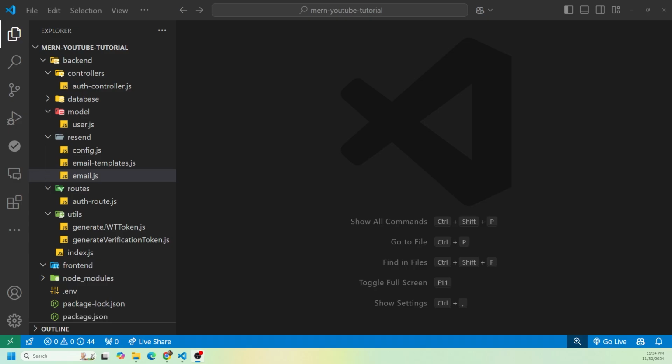Okay, so now the user can actually register for an account. Then they'll get an email sent to verify their account. They can also log in and log out. Now the next thing we want to do is, just in case the user forgets the password that they used to sign up, we want to give them an option to create a new password so they can still use their account. And to do this, the first step we're going to do is go inside of